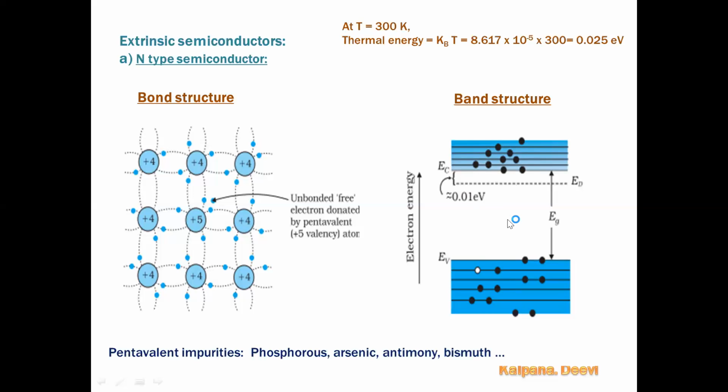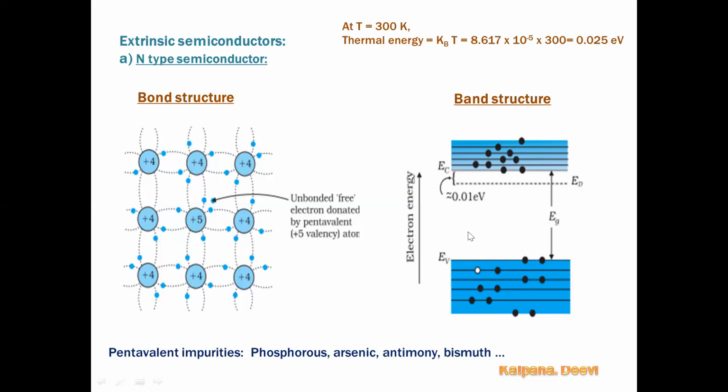With a further increase of the temperature of the material, these valence electrons also move to the conduction band, leaving holes in the valence band. That is how more electrons are occupying the conduction band. Here, in the n-type semiconductor, the number of electrons in the conduction band is greater than the number of holes in the valence band. Majority charge carriers are electrons in the case of n-type semiconductor.